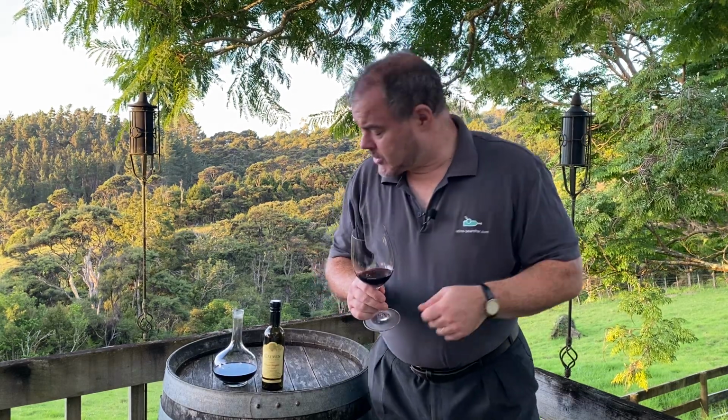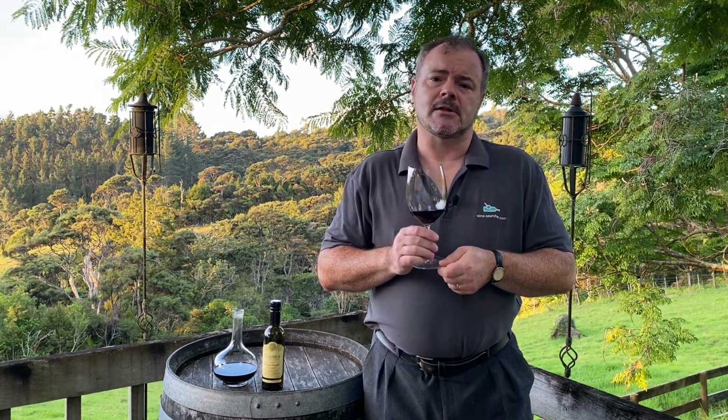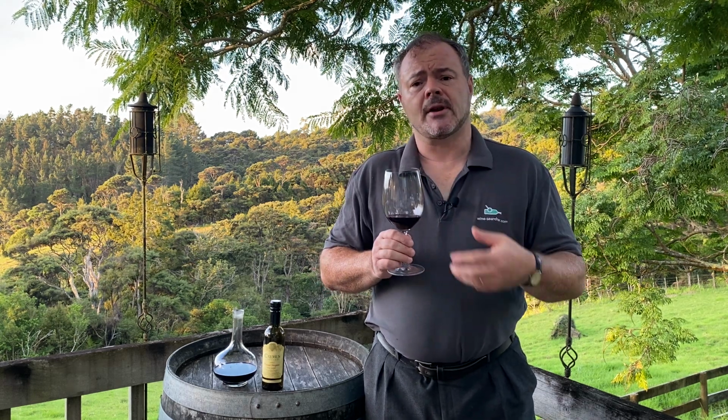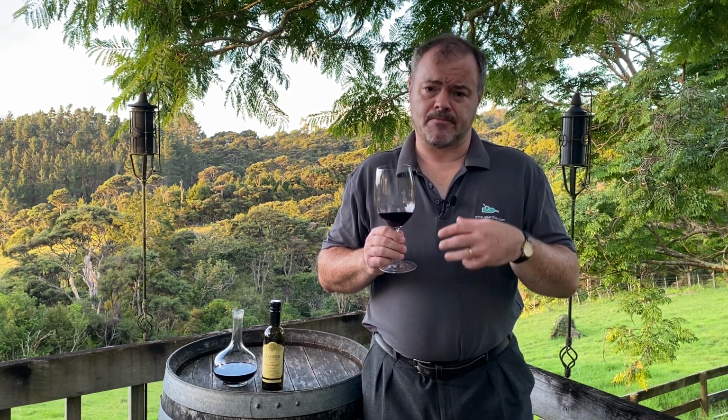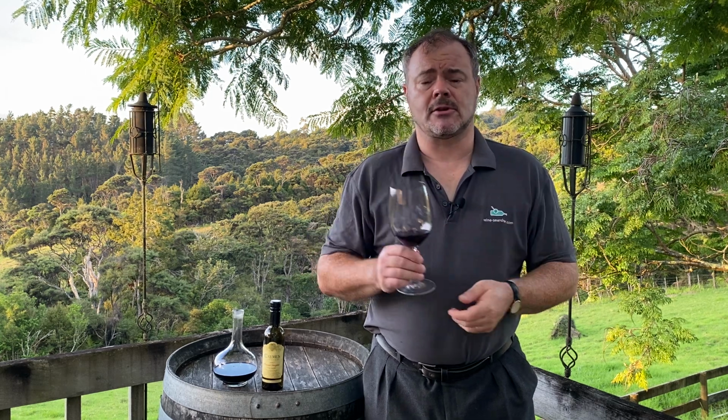It's a popular premium Napa red. So something we should look at. Caymus has a wonderful history. They have about 60 acres of vines in Rutherford, right in the heart of the Napa Valley. And in fact, the name Caymus comes from the name of the Mexican land grant that was given to George Yount when he settled here in 1836. So right at the genesis of grape growing in the Napa Valley,